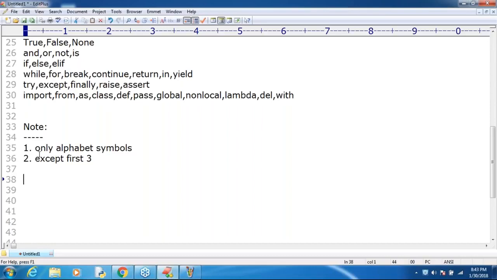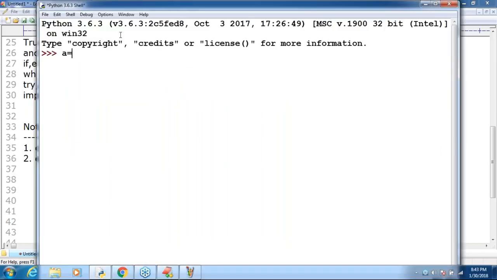Okay, that's all. Next, sir, here take very special care. Observe that. Just have a look once, sir. Here I'm taking A is equal to True. Can you please tell, is it valid or not?